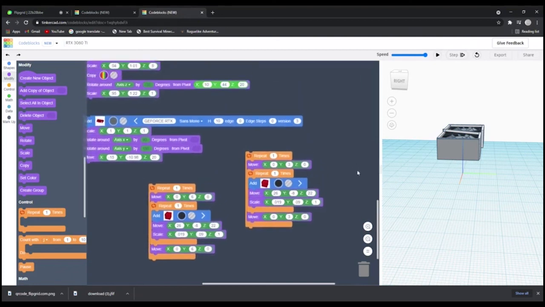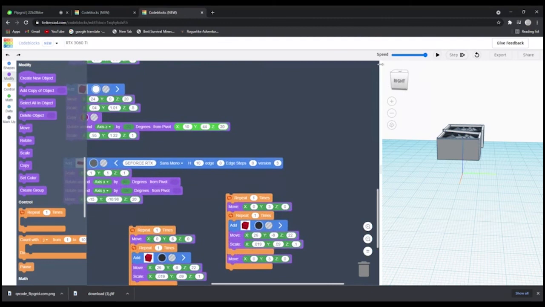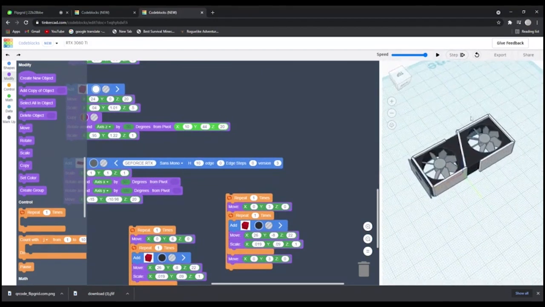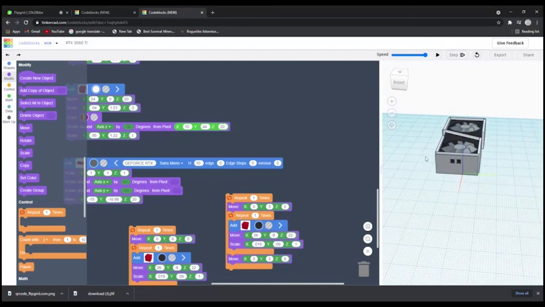And I mean, pretty much you're done here. You got your rear IO, you got your fans, you got the little side thing. That's not how it's supposed to look. Oh boy, what did I do? Oh yeah, you have to change all these to 8 times, by the way. It's a little excessive, but I didn't want to actually plan out how much it would